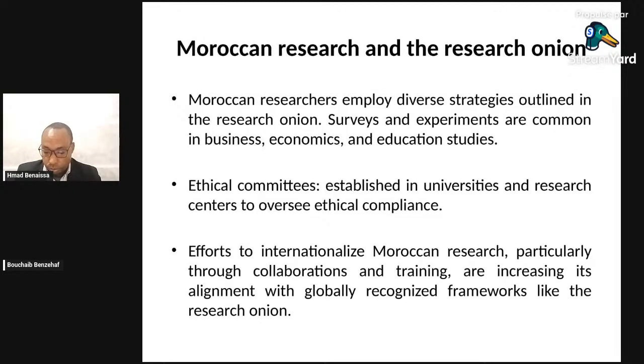Now we move to Moroccan research in light of the research onion. Well, Moroccan researchers employ diverse strategies outlined in the research onion. There are surveys, there are experiments. These are common in different fields: business, economics, and education studies. There are also ethical committees established in universities and research centers to oversee ethical compliance. There are efforts to internationalize Moroccan research, particularly through collaborations and training. These efforts are increasing alignment with globally recognized frameworks like the research onion. However, the extent of adherence varies based on discipline,